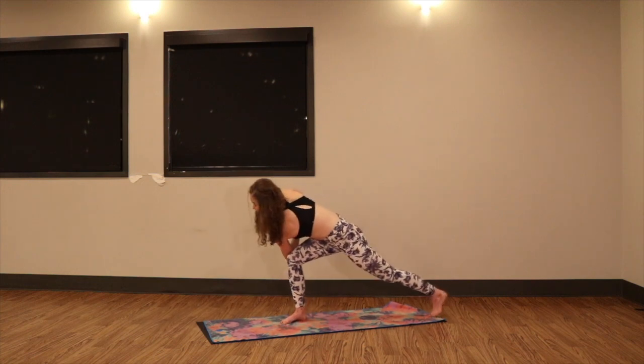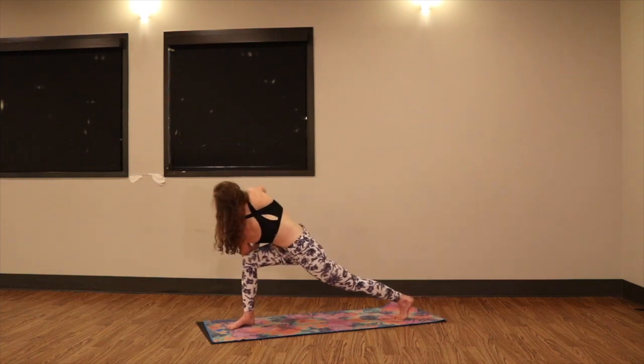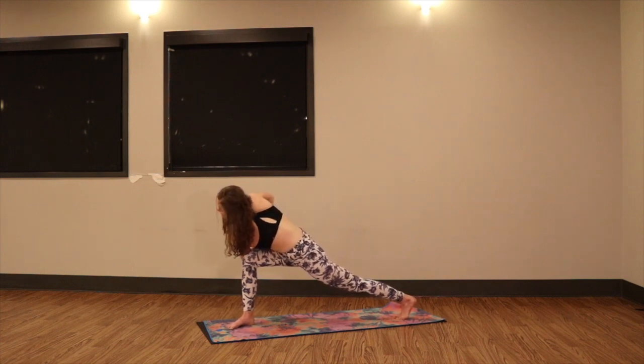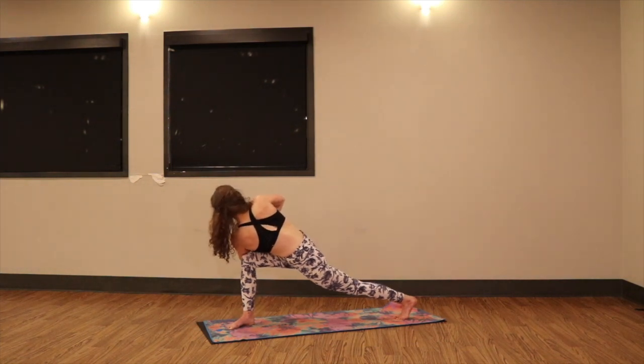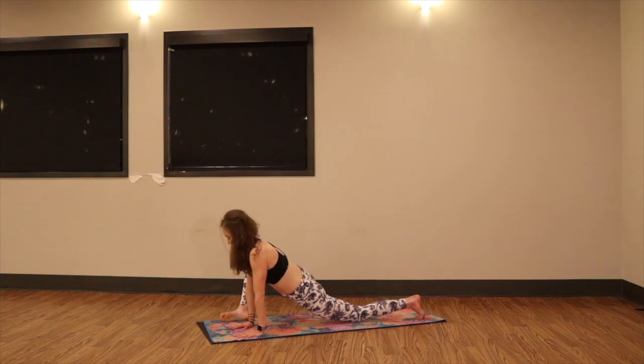Bring your gaze down to your right foot. Gently step back with your left foot to revolve crescent lunge. Inhale, find length. Exhale, twist. For one more breath. Your next exhale, gently release your palms to the inside of your right foot, preparing for